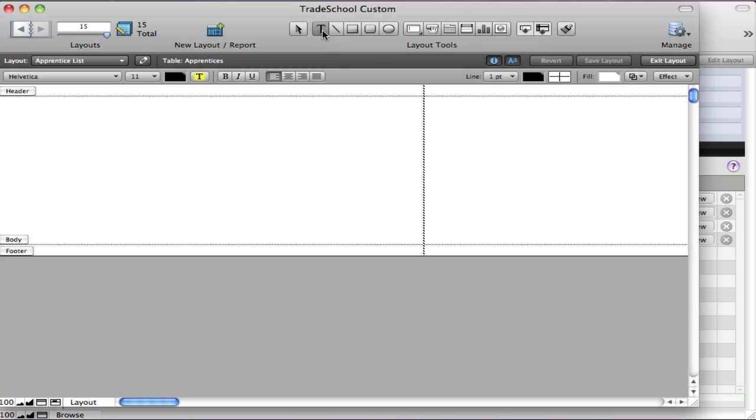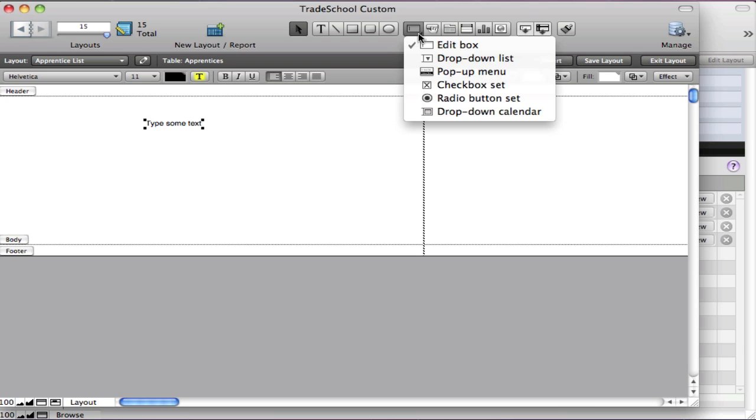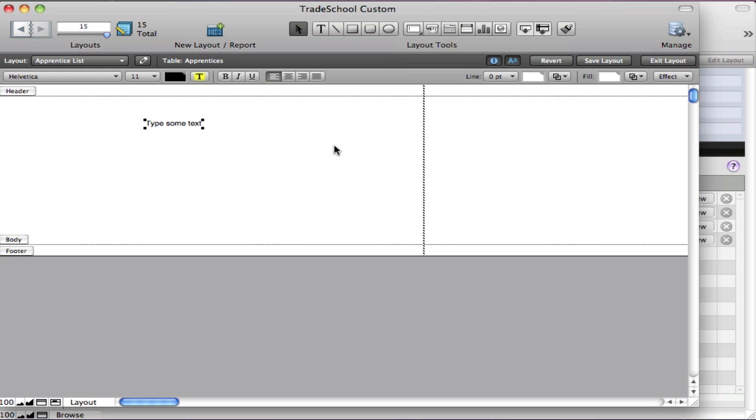You have a text tool here, so you can click anywhere on your report and type some text. You've got a control tool, so when you're doing data entry, you can use these different pop-down menus, pop-up menus, checkboxes, and so forth. Very important to know, though, that the way Trade School is set up for security reasons,